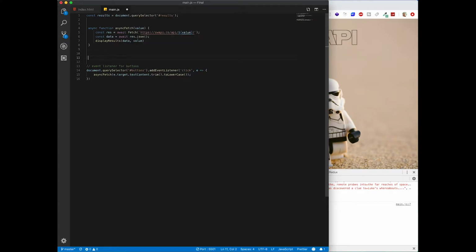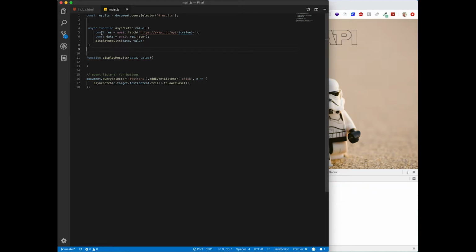So we're going to have a few if statements in here. So display results is just going to be a standard function. It's going to take in the data and the value. So basically what we're doing here is